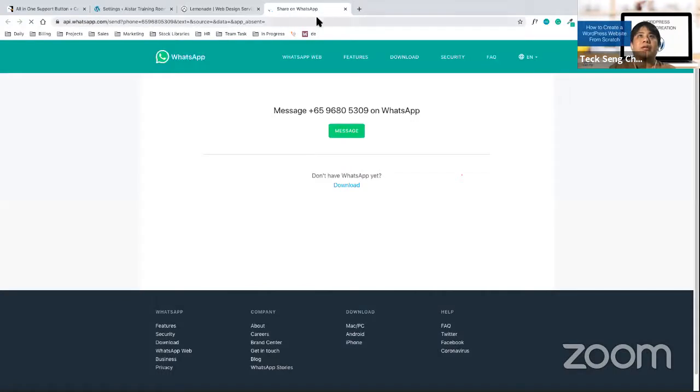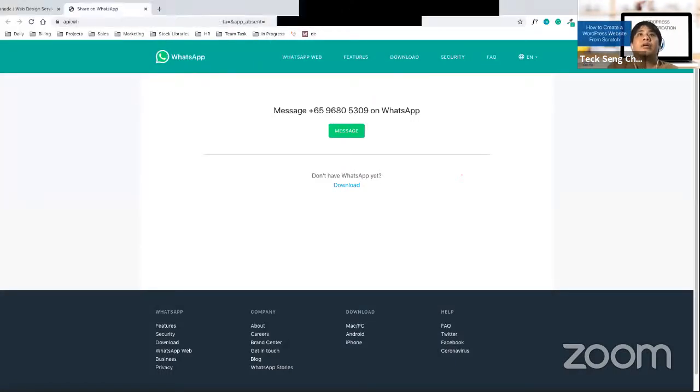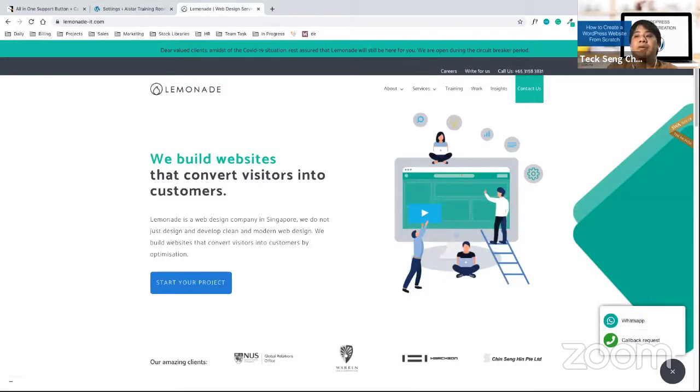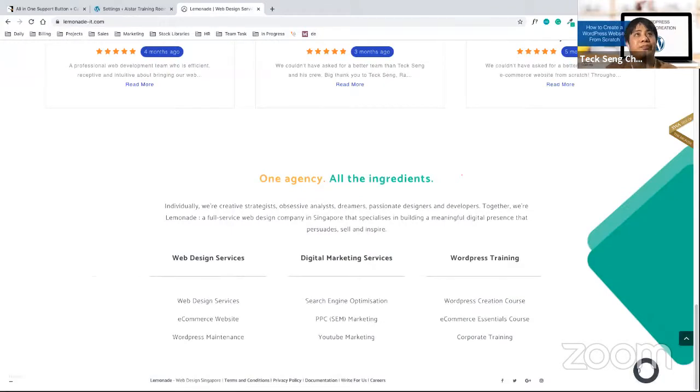If you click on WhatsApp, then they will try to contact the sales side on my end. So this button is very good for most of your websites. It's just like a call to action button in all pages. It floats in the page so that everywhere you go, there will always be a call button.